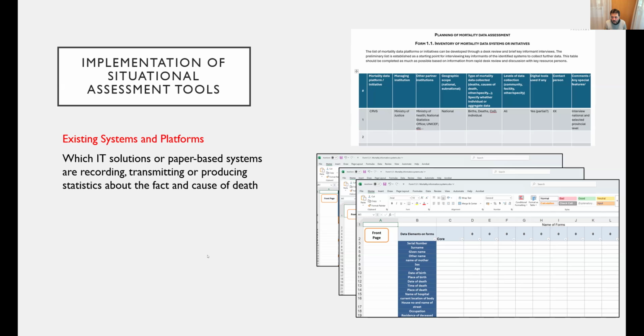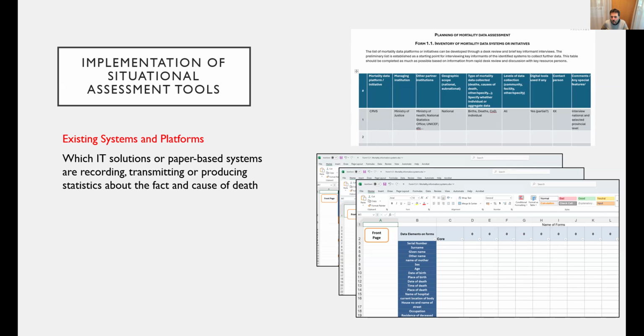Yeah, thank you for the question. This is just an example, and this is a template for you to modify. So definitely, if name of the father or any other data element is relevant and important, please put it there. When we used this in other countries, I think it's important to identify the minimum essential data elements that you want to capture, and then other ones that are desirable, because this is a time-consuming activity.